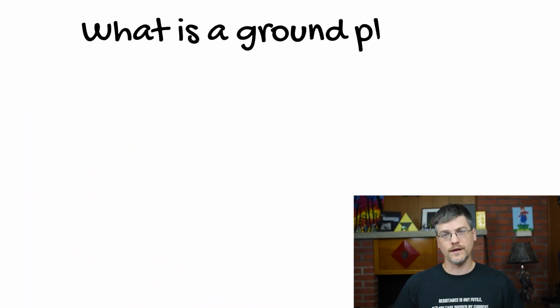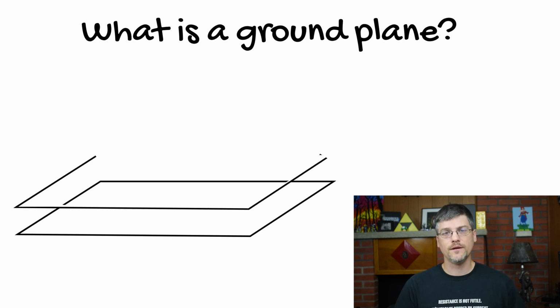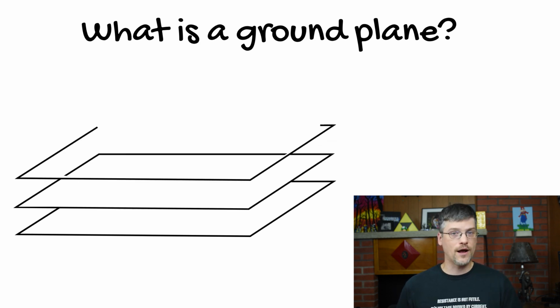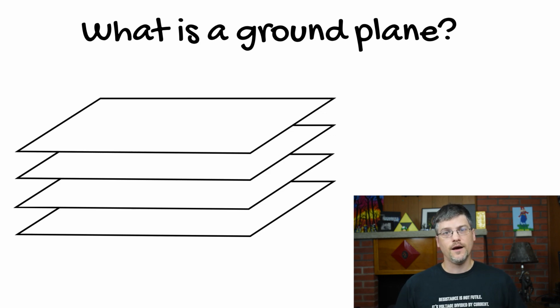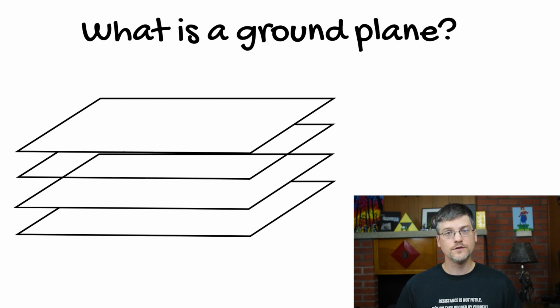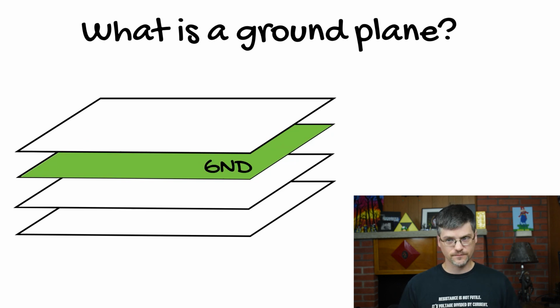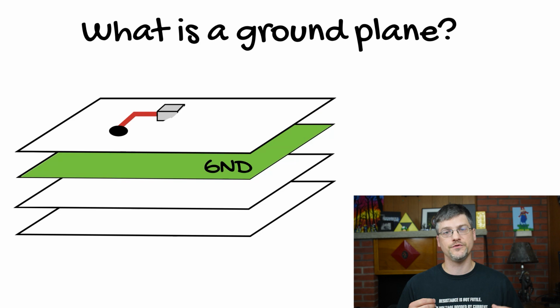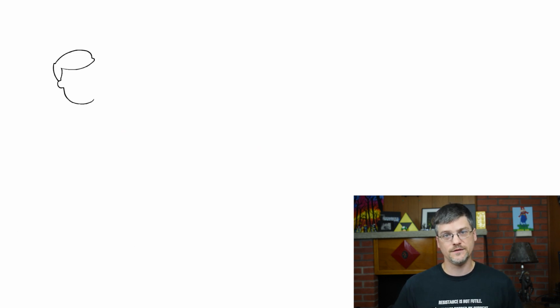So what is a ground plane? Well, a ground plane is typically a thin piece of copper that is connected to the ground point on your design, typically a terminal in your power supply. In RF design, you want this to be as large as possible, so a ground plane would typically be an entire layer of your design. Being an entire layer of your design makes it a whole lot easier for you to connect the various parts of your design to ground using vias.